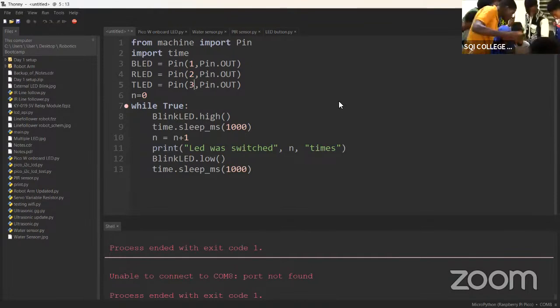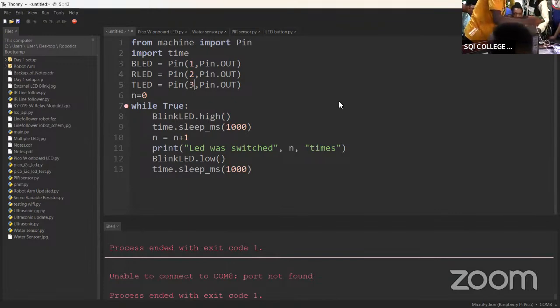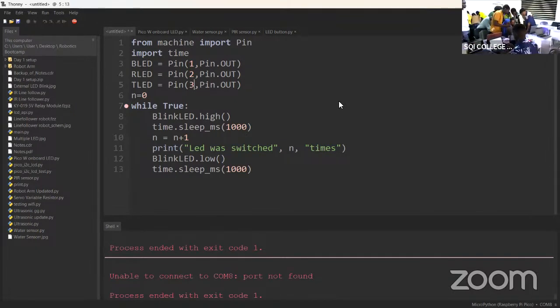It does not matter whether it's a comment or a string, it prints the way it is. Where's the loop for the LED? Come down. Okay, all right, so run it. If your connection is right, you should have